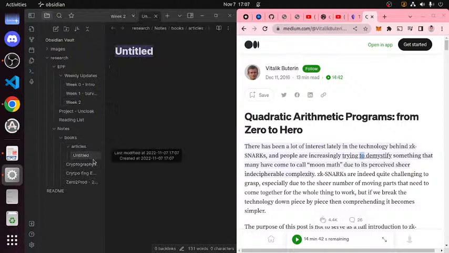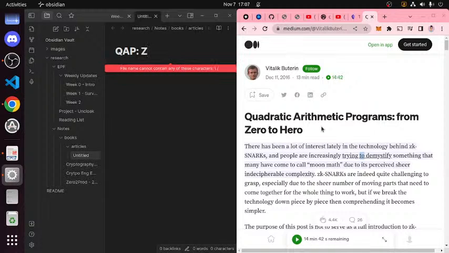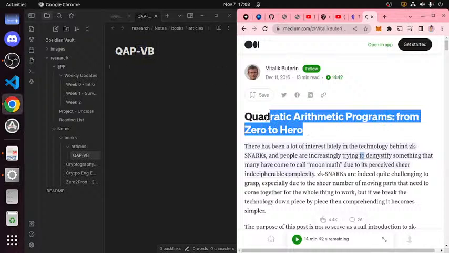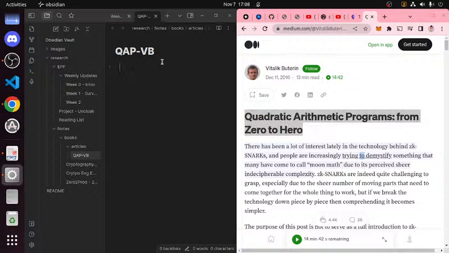And in this articles folder, I'll do QAP, QAPVB. That might be good enough. I want to stop putting spaces in my titles and stuff. So QAPVB, that's simple enough.